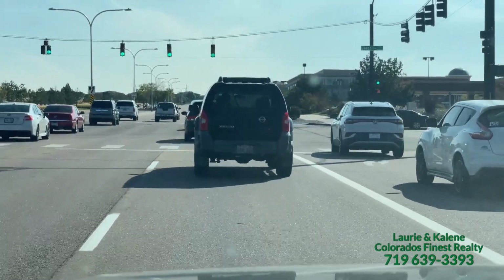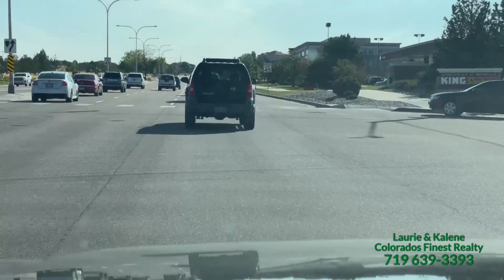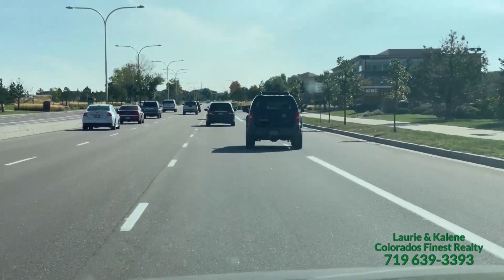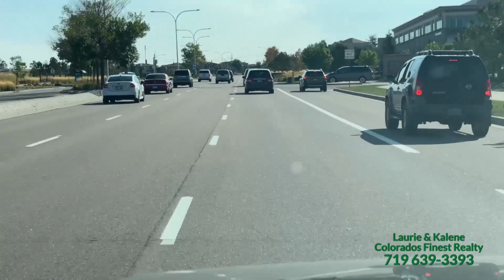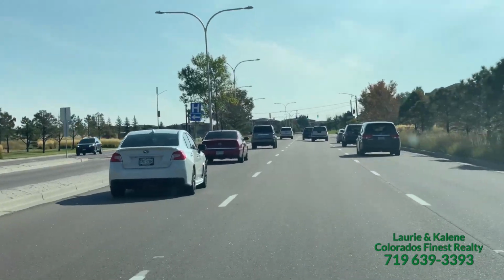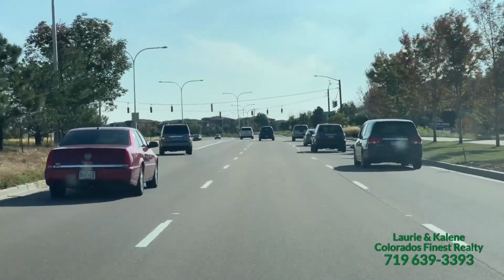I know some of you are like, why do you keep mentioning that when we pull into areas? But a lot of our clients do have kiddos, and so the school district is important to them, and they want to know what schools are feeding into which area. As you get up here, you'll have a Lifetime Fitness center for working out. So Wolf Ranch will have more of that planned community feeling. They have a pool, they have a workout facility,